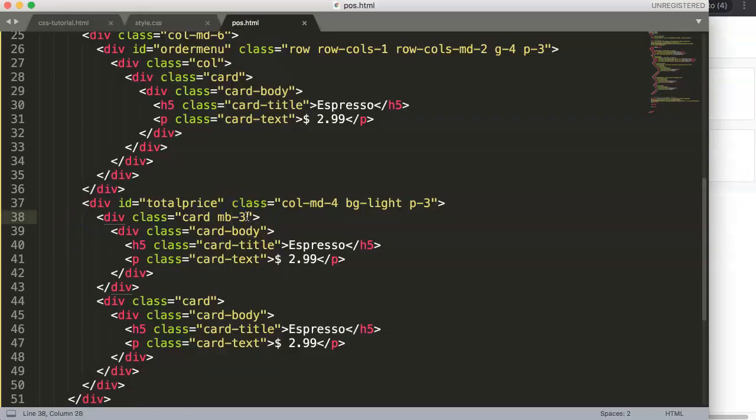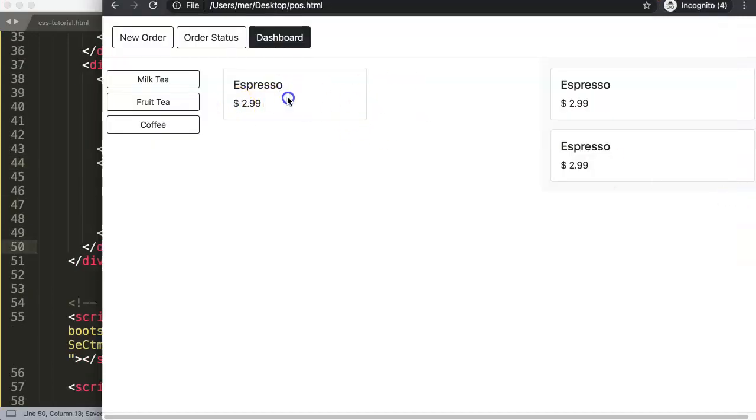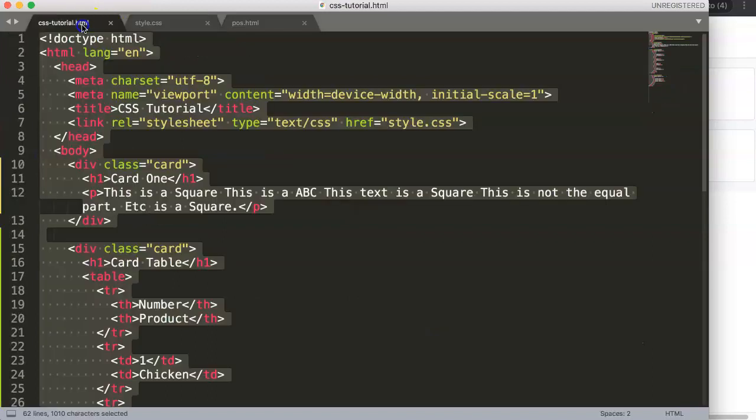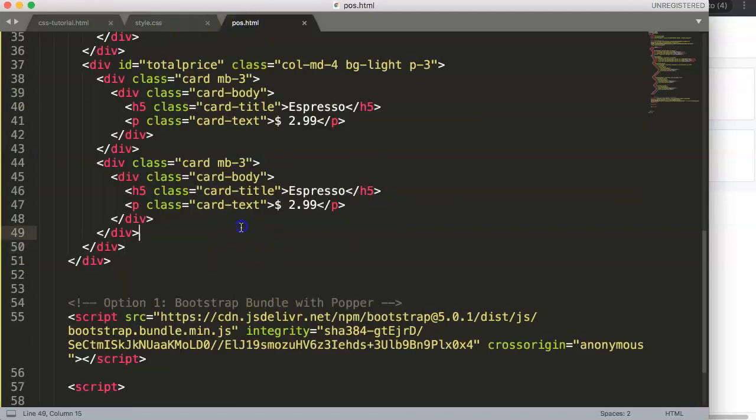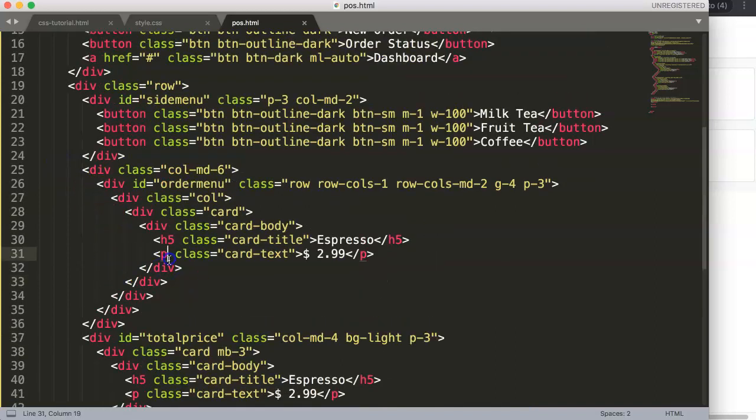And so basically every time we add one, we should have added a new item here based on whatever we click. So if we click on espresso, we should see that. And if we click on anything else, we should see that. So how can we do this? Well, let's make first here. Oh, sorry, this is not what I need. Let's make first the item, where we can put in multiple. So we say here,